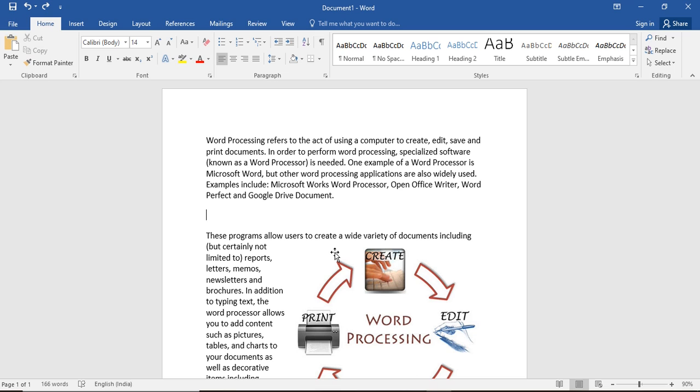Control plus Z. And let's suppose by mistake you have done undo, and now you again want to come back to that operation. You want to roll back that operation in your document. That thing is known as redo.